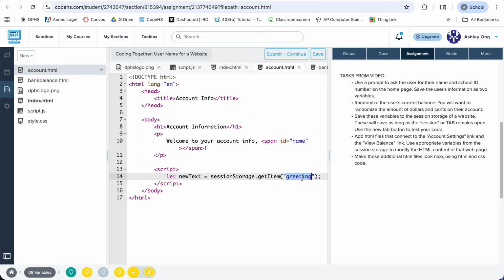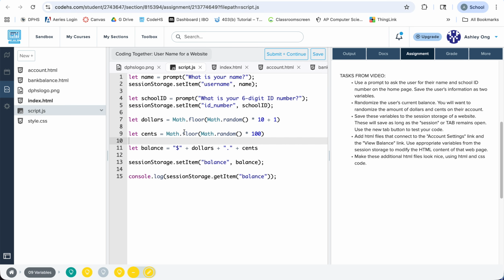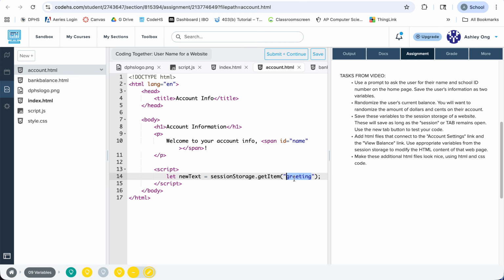Now, it's not the greeting I'm looking for, but specifically a name. I can double check my script here. The name for my user was called using a key, username. So this is the key I need to refer to. It is the first thing in my set item for a session storage. I'm going to go back to that account, and that was username. This is how we grab the information, and now we need to put that information on